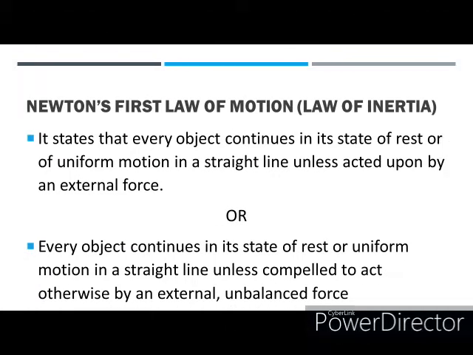Okay, now number one, Newton's first law of motion. This law states that a body will continue in its present state of rest, or if it is in motion, will continue to move with uniform speed in a straight line unless it is acted upon by a force. Or you can put it in another way. Every object continues at rest or continues to move with constant velocity in a straight line if no external resultant